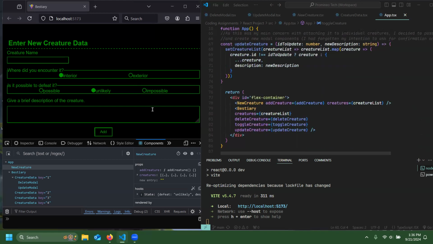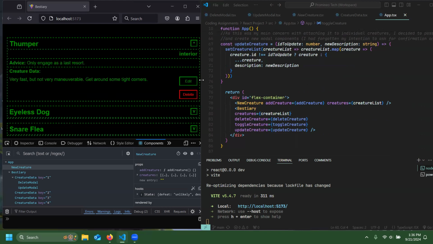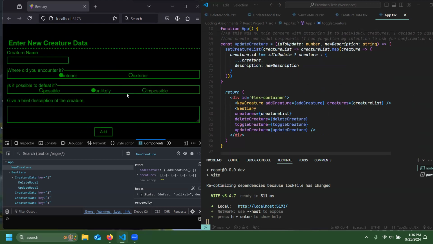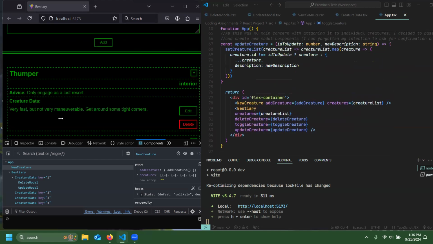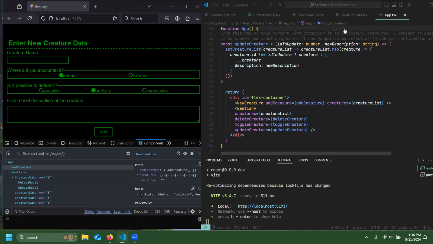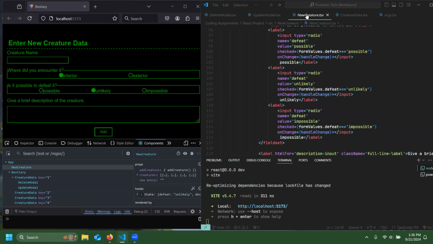I've also added an update creature in the edit button so that it only adjusts the description. I can type or delete from there. Starting with the new creature form,